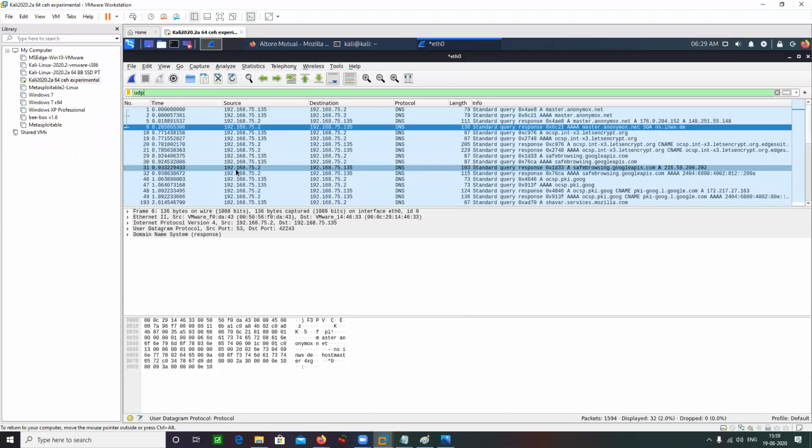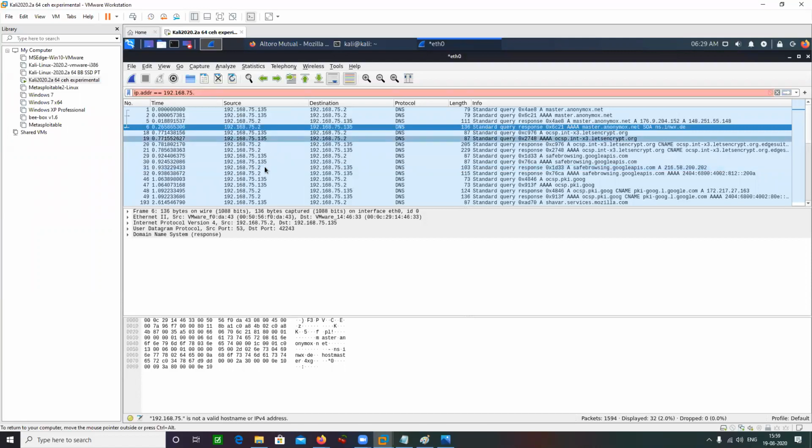Now let's say I want to filter on the basis of IP address. How can I do that? I can do ip.addr equals, and I need to provide an IP address, let's say 192.168.75.135, or do we have anything else here?